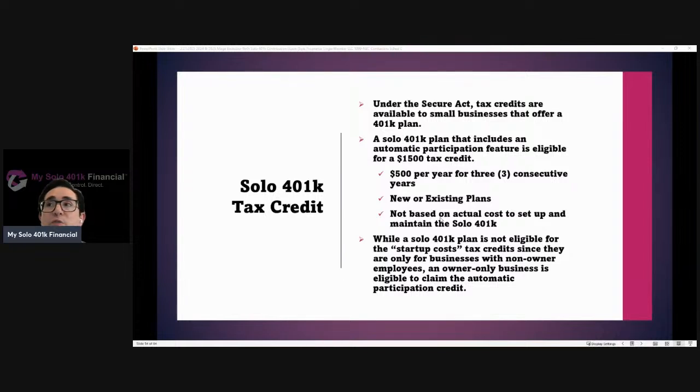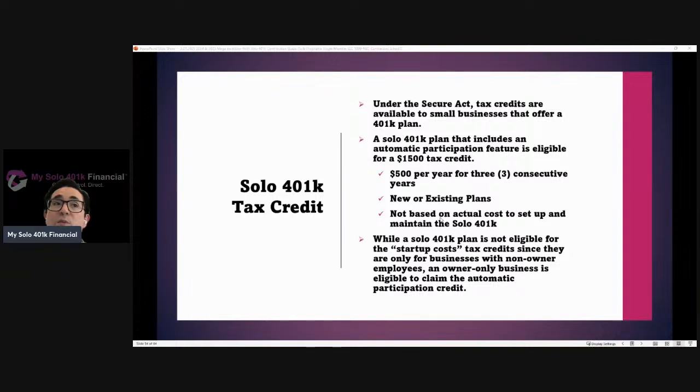Because in order to be eligible for the startup cost credit, you would need to have non-owner employees participating in the plan. But another separate tax credit that has separate eligibility requirements is the automatic participation credit, which is eligible for an owner-only business as long as they set up a solo 401k plan that, like ours, includes that automatic contribution feature. So that tax credit is going to provide $500 per year for 3 consecutive years, so a total of $1,500. It's available to both new solo 401k plans as well as individuals that upgrade their existing plan